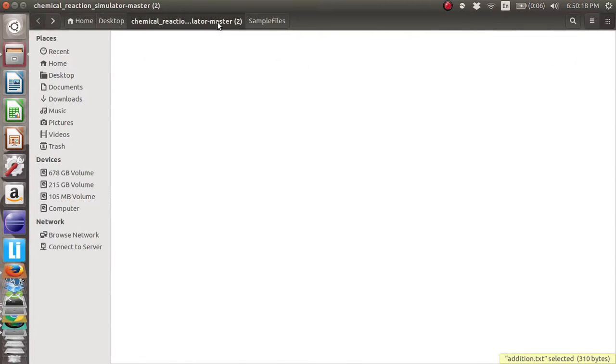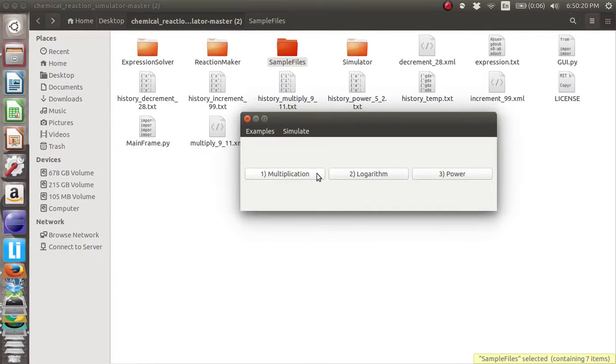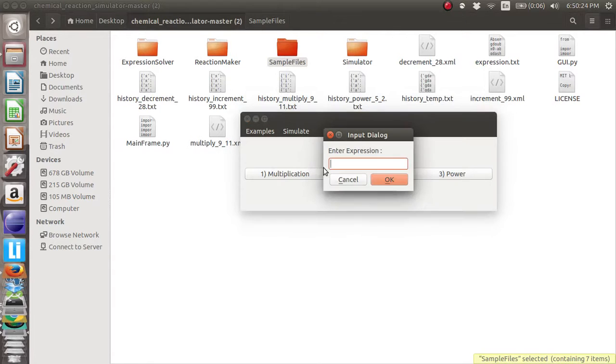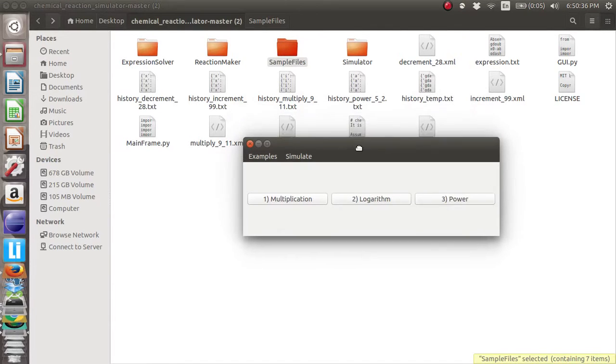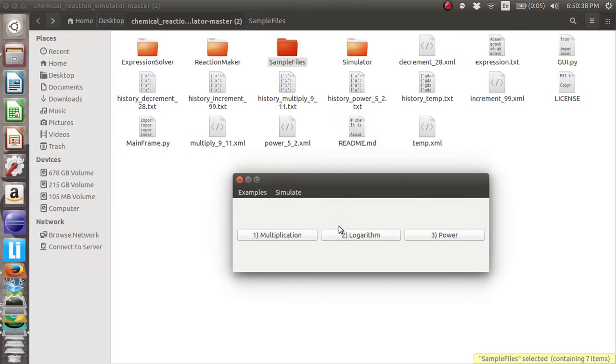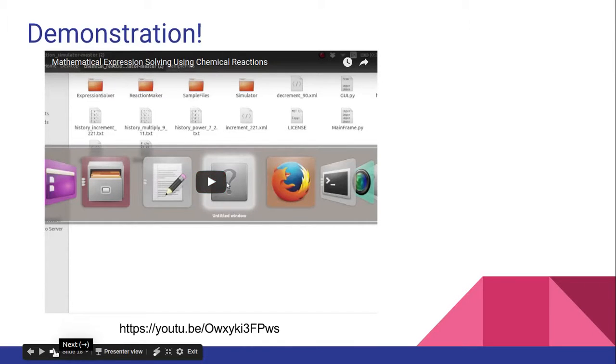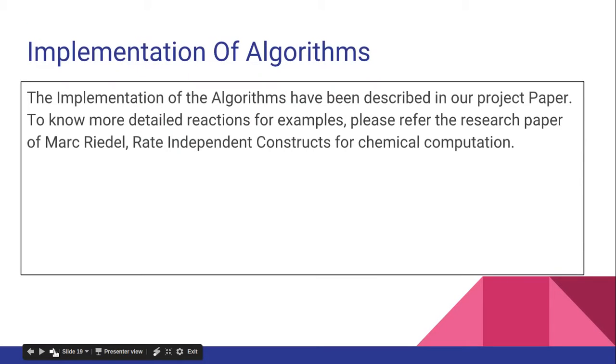In this way, we can use our software to solve any expression you want, which contains addition and multiplication terms, without any precedence or brackets. Thus, our software has finally succeeded in showing that computations can be done using chemical reactions. Thus, I have finally demonstrated my software.